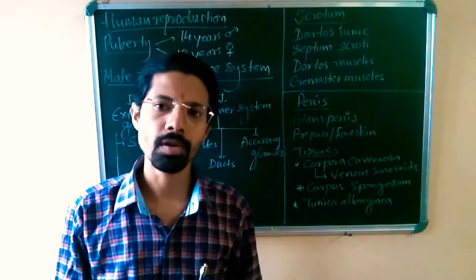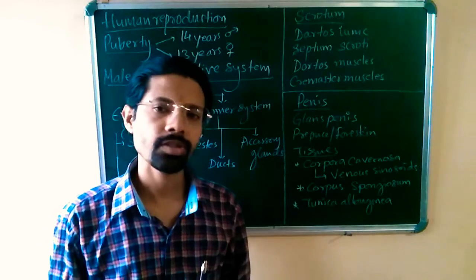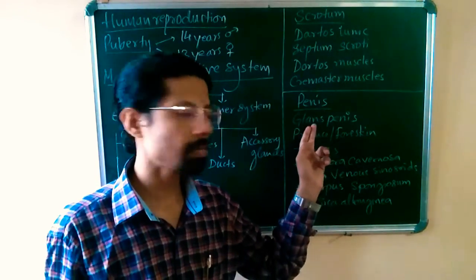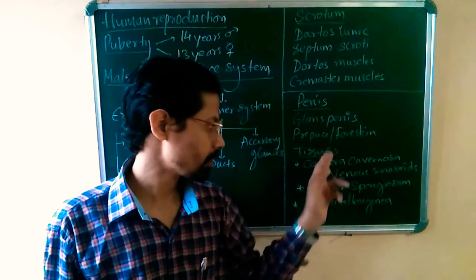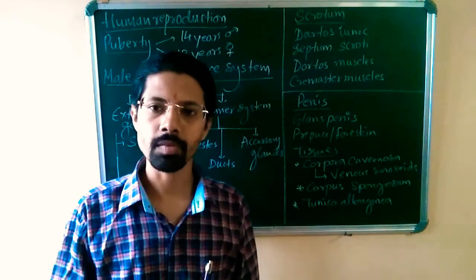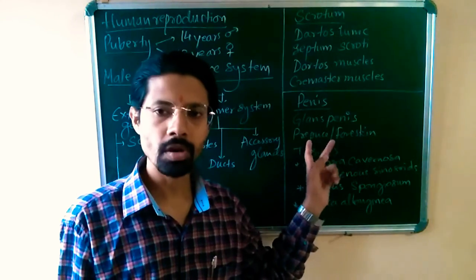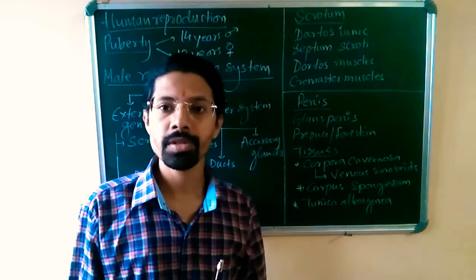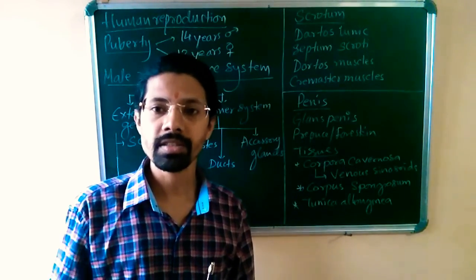Now the penis, generally it is a cylindrical organ. The external bulged end part, the tip of the penis, is called the glans penis. And this glans penis is a continuation of a tissue called corpus spongiosum, and it is covered by an extended skin fold. This extended skin fold is called prepuce or foreskin. Both are the same, prepuce or foreskin. Prepuce or foreskin covers the surface of the glans penis.